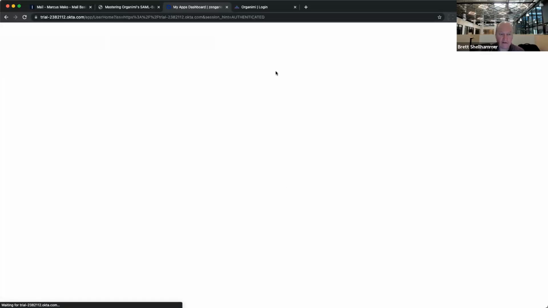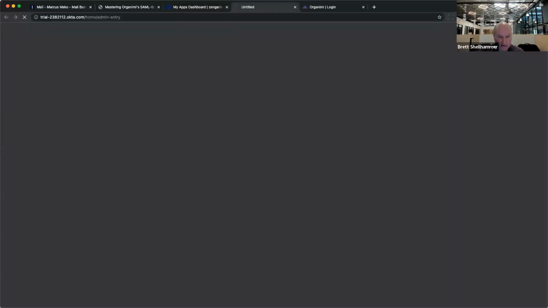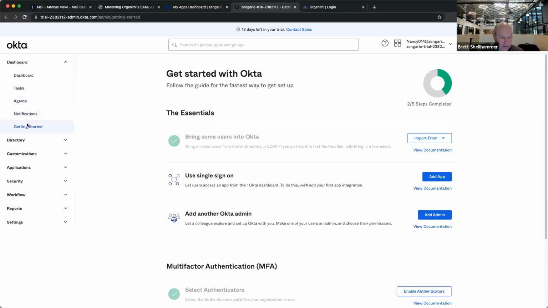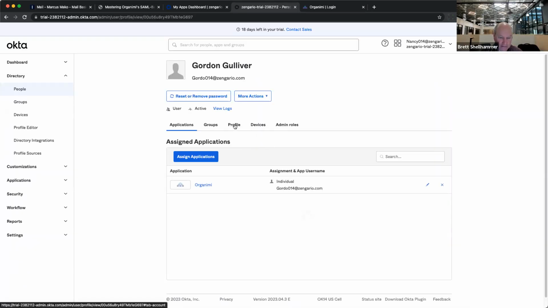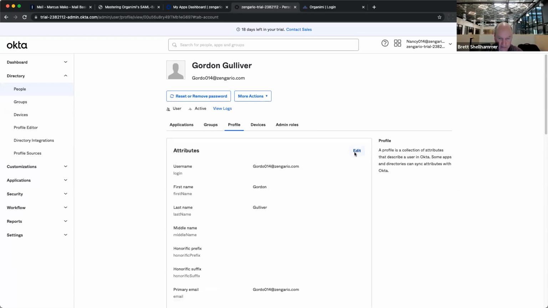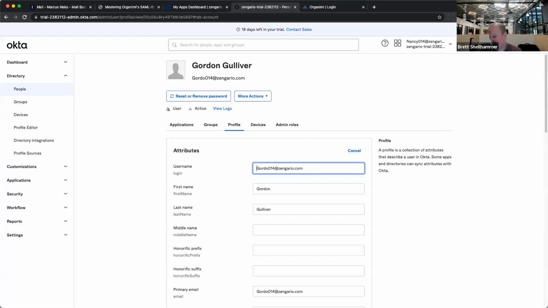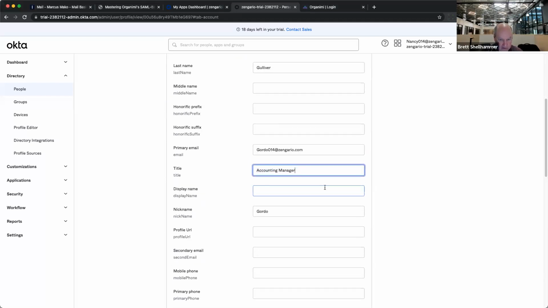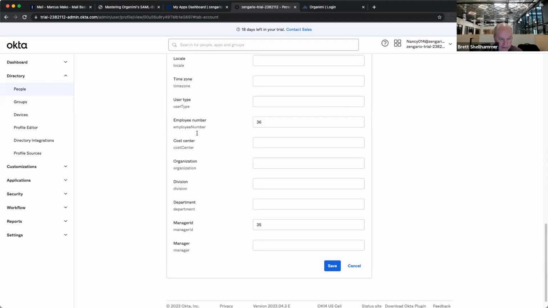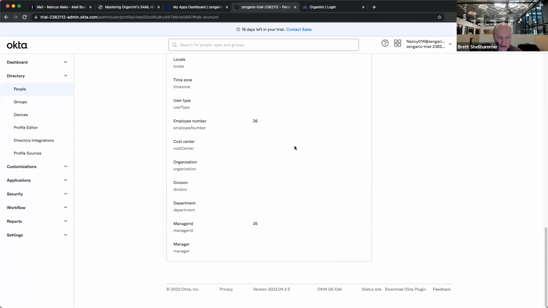And as Nancy, I'm going to have to go into the admin side of Okta. And I want to go into my people. So my people are here, and Gordon is the one who got promoted. So Gordon actually will have the same manager, but will have a new title, right? So if we scroll down, we'll see that accounts payable clerk becomes accounting manager. And we'll just remember that his employee number is 36 and his manager is 35, but we're going to update Harriet to report to 36